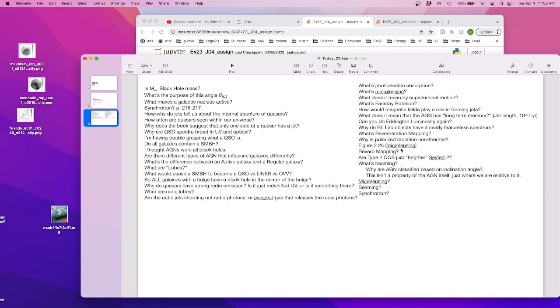What's the purpose of that angle theta BH? So that angle, I'm going to answer the question real fast. But this angle theta BH is about what angular resolution do I need? So how close do I have to be able to see a black hole inside a galaxy? So this theta BH,